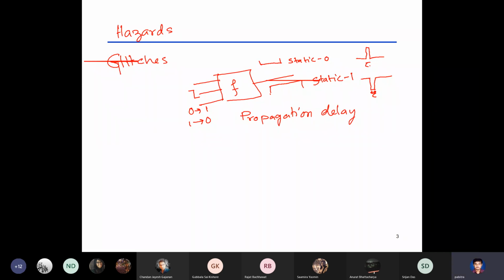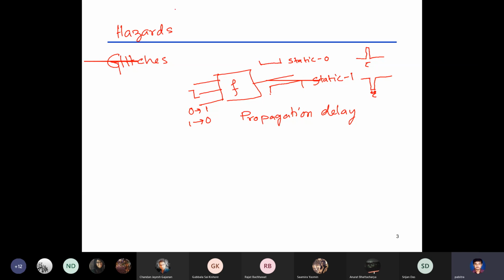Once the output gets back to a static 0 or static 1, we call it stabilized. So in fundamental mode, there will be only one input change until it stabilizes. For a synchronous circuit, if the clock cycle is more than the stabilization time, there won't be any problem. But for an asynchronous circuit, where we don't have any clock cycle,